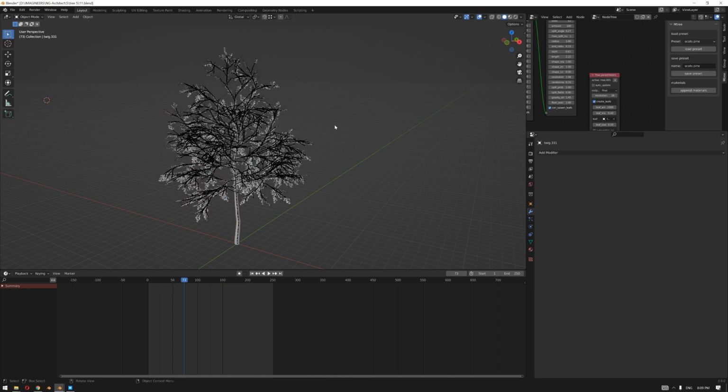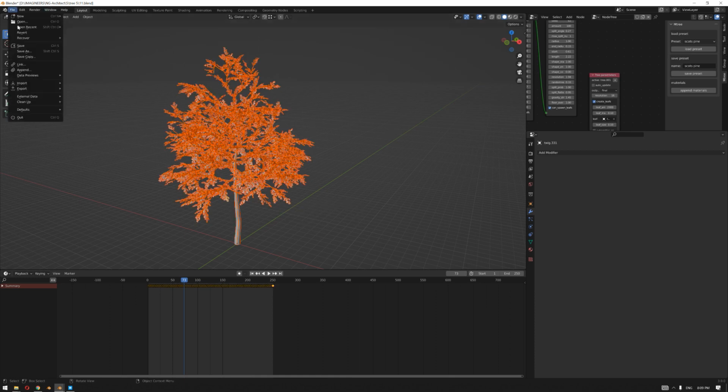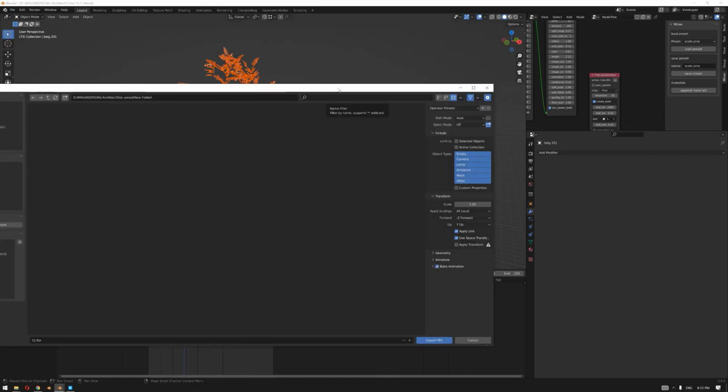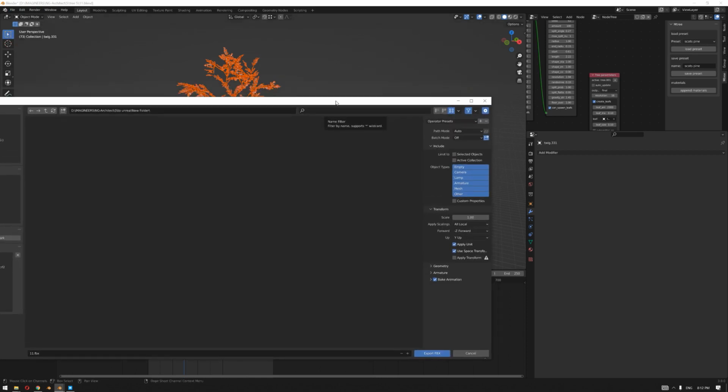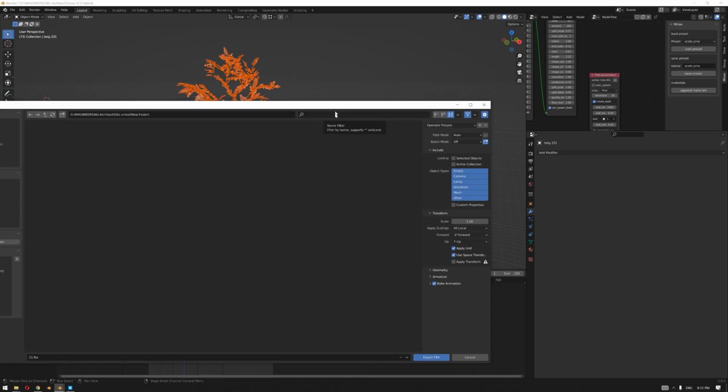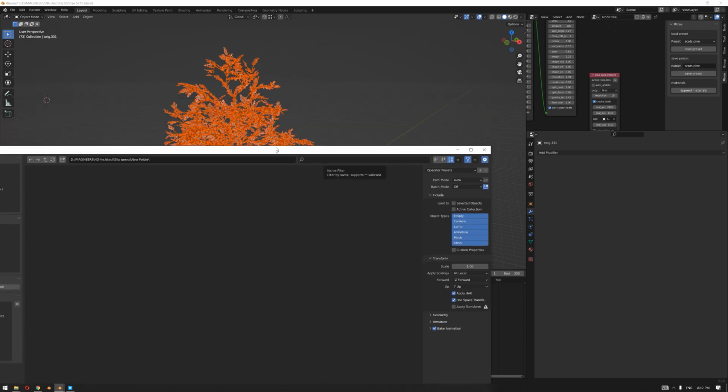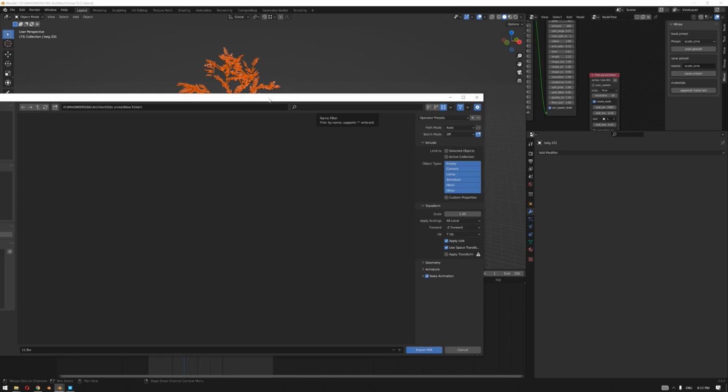So we're gonna select our tree and export it as an FBX. The FBX format is basically the best option to export an animation to any other software. We have tried Datasmith, but it doesn't support a skeletal mesh, which is the armature in our case. And Alembic is also good, but the problem is the Alembic files get really big, and the size makes it very difficult to import. So we're gonna stick to FBX.